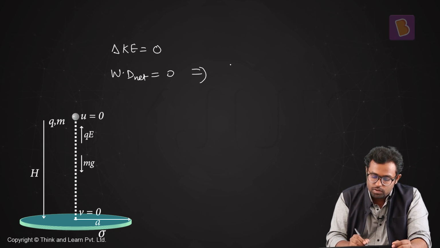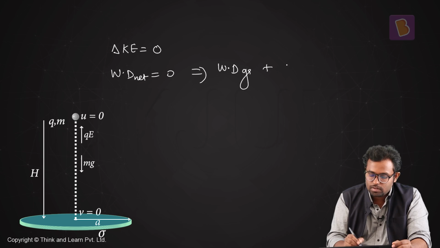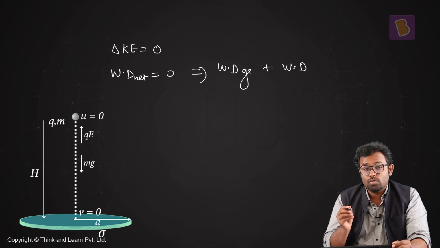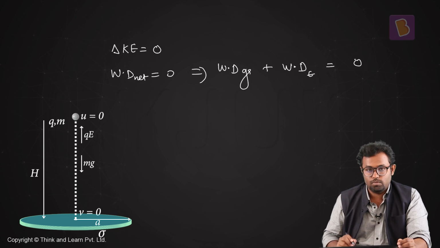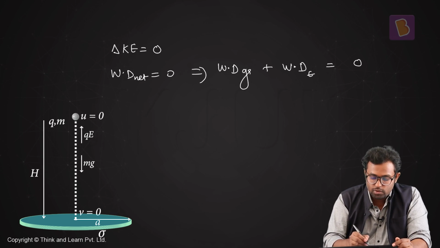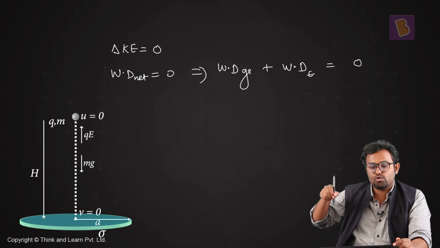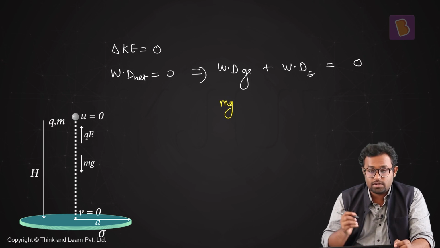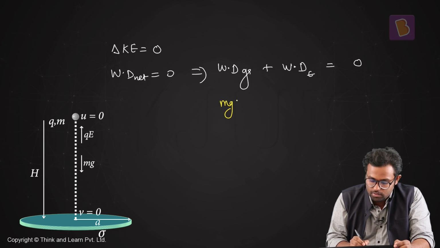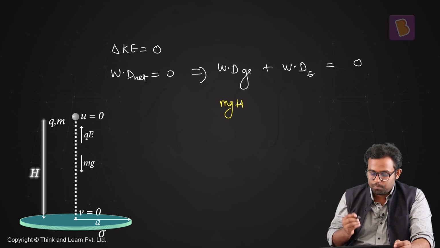That means the work done due to gravitation plus the work done due to the electric force must be equal to 0. Now what is the work done due to the gravitational force? Gravitational force is a constant force, mg, acting downwards, and the motion is also downwards. So I can say mg, that is the gravitational force, times the displacement, which is equal to h, plus